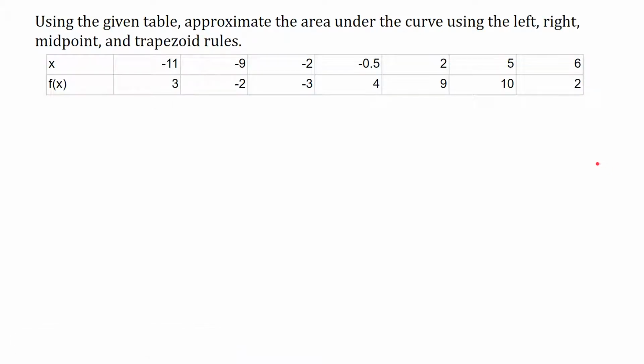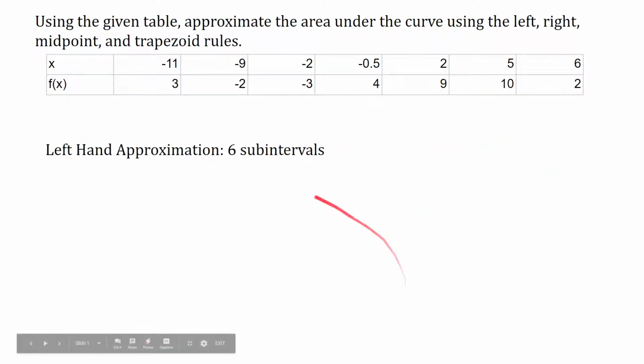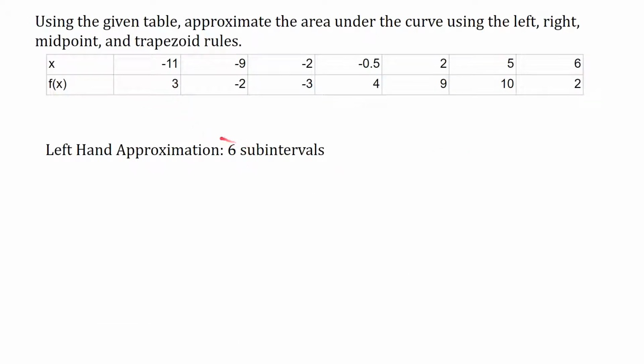Here's a Riemann sum problem where we have to approximate the area under a curve using table values for that curve. And we're going to be doing the left, right, midpoint, and trapezoid approximations using this table, which has 7 x values and their respective function values. So first we'll start with the left-hand approximation, and since we have 7 x values, we can only do 6